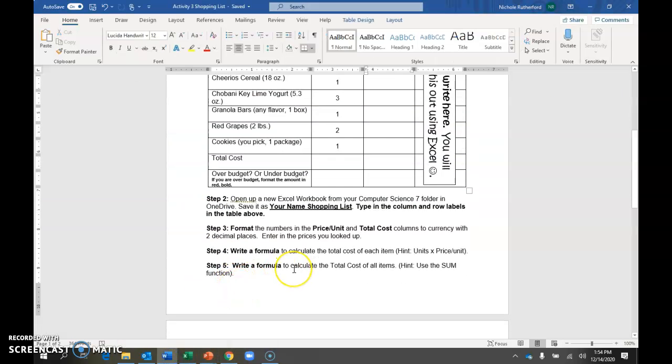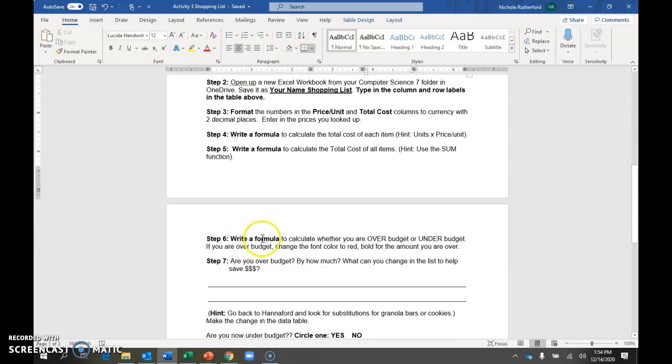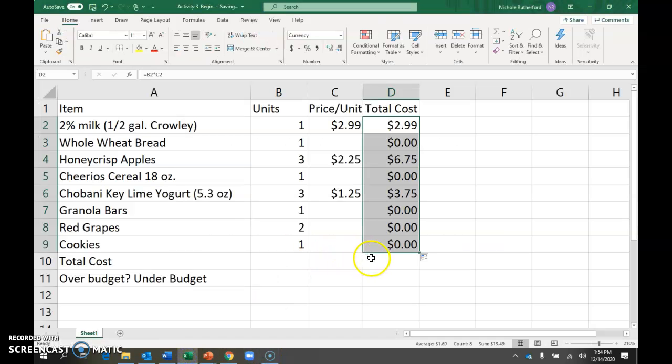And then step 6, write a formula. Step 5, write a formula to calculate the total cost of all items. It says hint, use the sum function. You definitely want to use the sum function to do that, so you don't have to write in each one